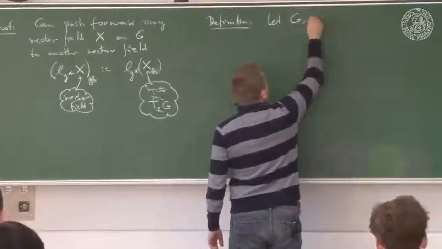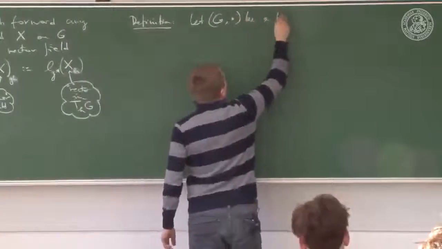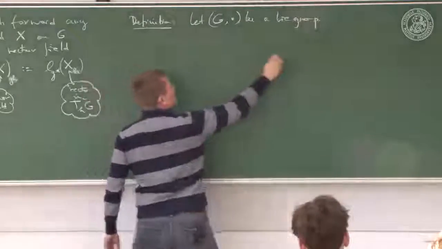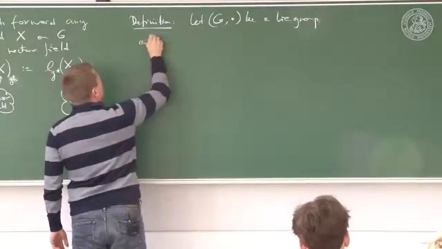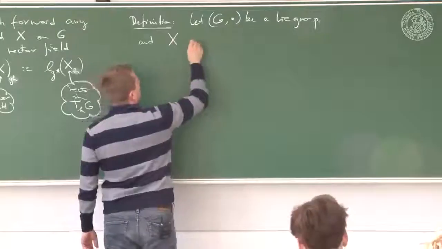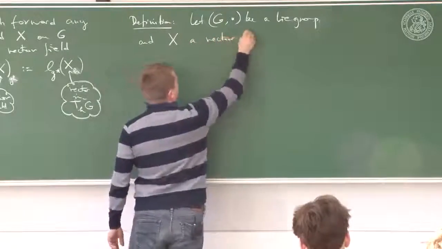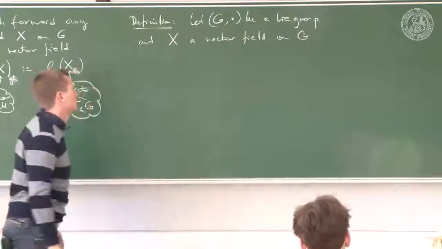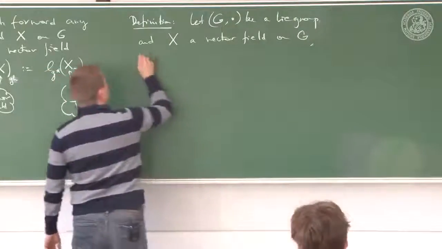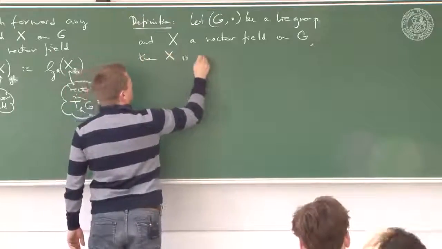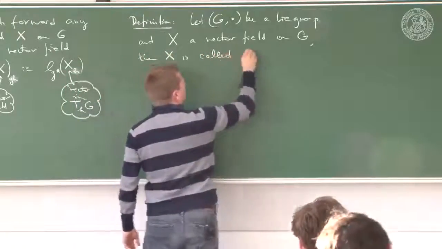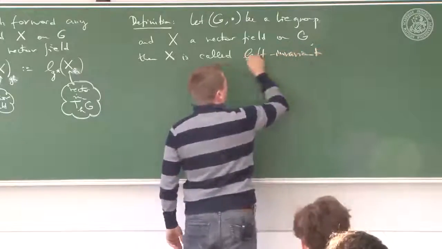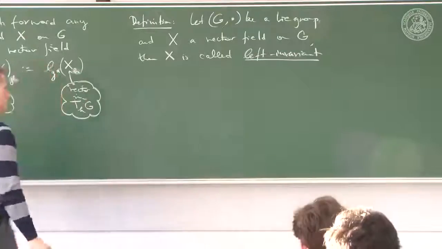Let G be a Lie group, and X a vector field on G, then X is called left invariant. It's called a left invariant vector field